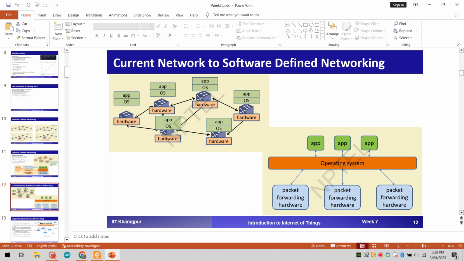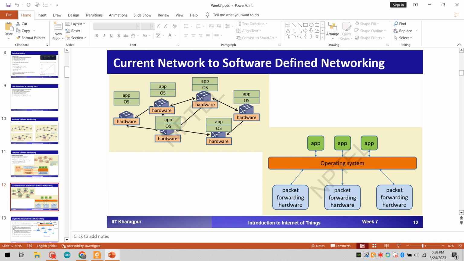So this is your current network scenario where software defined networking can be used. In this case, your hardware is separated out from your operating system and your application part. Now, depending upon the application or depending upon the requirement,